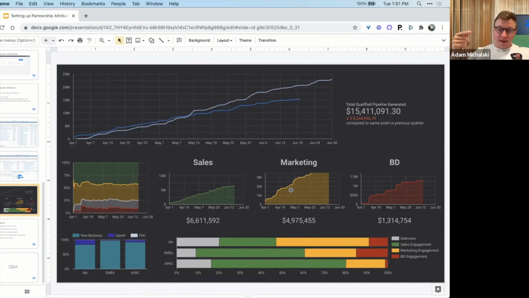But then you could plug that into a system like Visible, like we're showing here. And then Visible is going to run in the background, ingesting all of those data points and giving you a very easy to comprehend pipeline dashboard, or even allowing you to click in on a specific opportunity so that you can see how much each part of the organization accounted for.